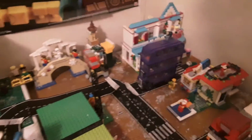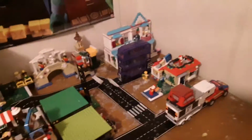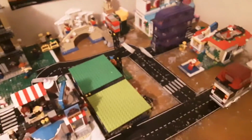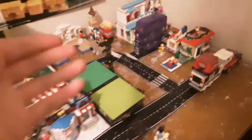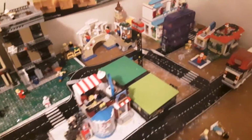Now there is this section, which is pretty interesting. This actually used to be just this one table, not this specific way it looks right now. I think you can see it in some of my older stop motions. There was a point where there was one setup, and I didn't do city tours back then, so you won't be able to see that. But you will be able to see it in passing in my really old stop motions. I just used the table,